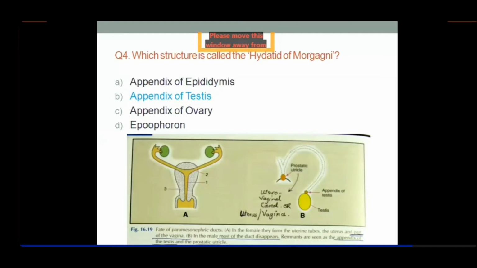Memorize it well. Hydatid of Morgagni is a remnant of the Mullerian duct, and Mullerian duct is also called paramesonephric duct. Okay. A question came for me, development of uterus, vagina, and fallopian tubes. They are all developed from the Mullerian duct, called paramesonephric duct, right? So in males, what happens? All this is not formed, right? But this paramesonephric duct, which is formed, is placed in the nephrogenic cord.